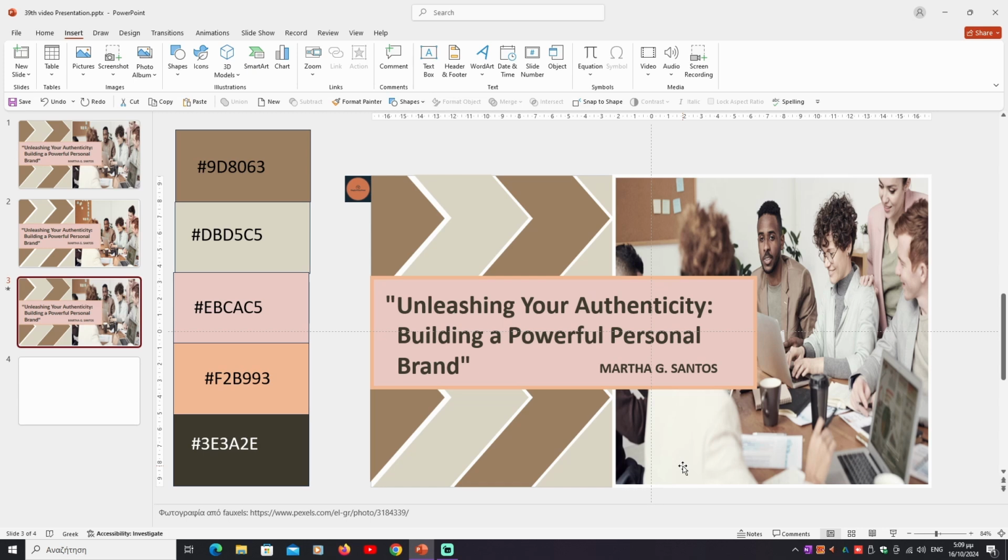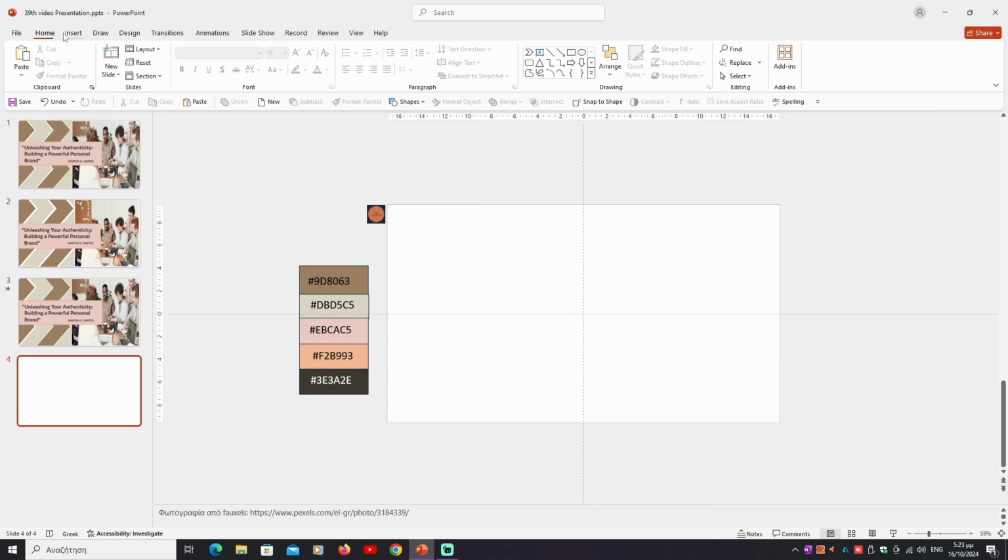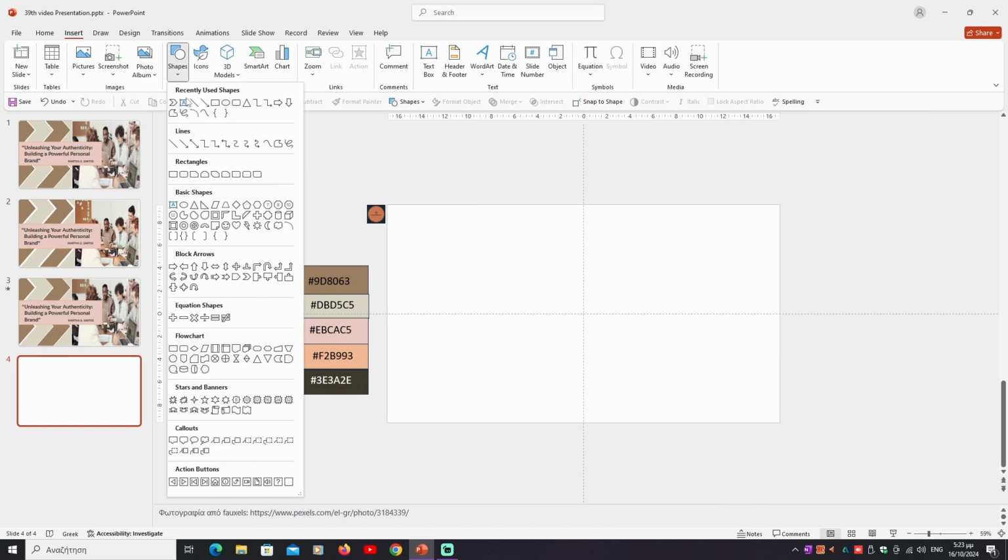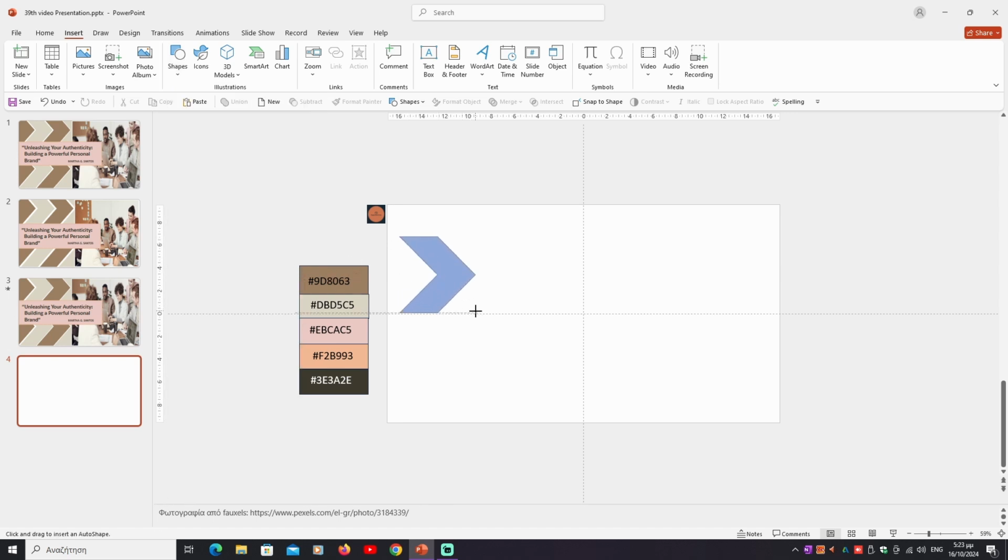Of course, you can also choose any image you want that is related to the theme of the presentation and follow the steps of our design. In this title slide, we will play with the arrow shape. We go to Insert, we choose Shapes, we click on the Arrow Chevron shape, click in the design area, drag and